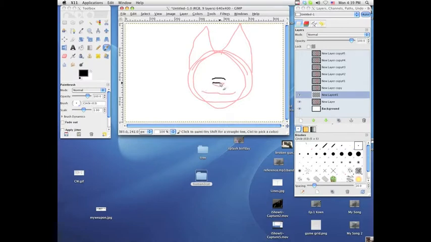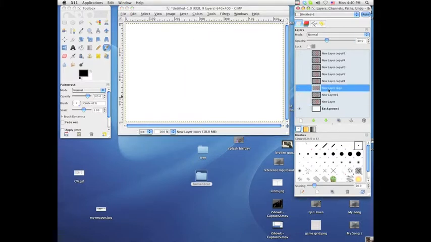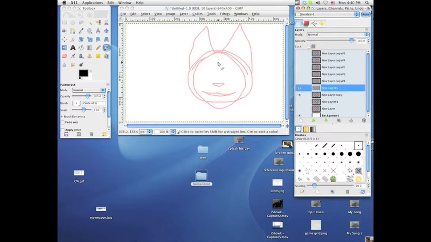Okay, that was bad. Okay, so then you draw the first layer however you want. Okay, so there's your first layer, and then you do on and on, like that.